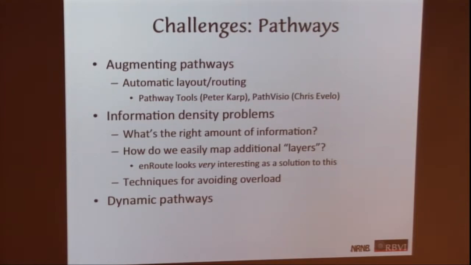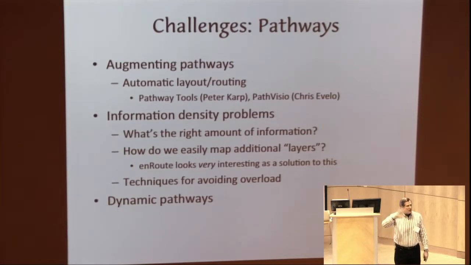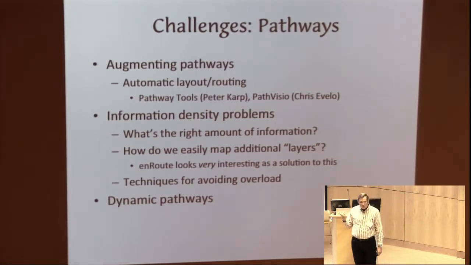What are the challenges? If I take a node in a pathway and search a database and find all interactors and bring it down and add it to the pathway, now I'm going to have a pathway with a mini hairball. A whole bunch of things hanging off the side of it. It'd be really great if I could do that and somehow have something which would only lay those out in a pathway style. That would be great and something useful to see. There's a bunch of automatic pathway tools that are out there that do this stuff, but they're not integrated into the standard network visualization tools. They're kind of a different world.